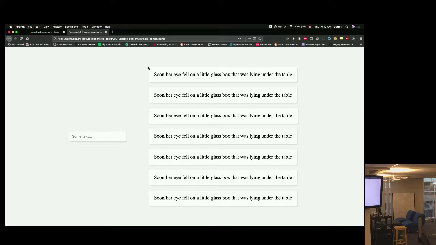HTML doesn't throw errors, right? CSS doesn't throw errors. It just does its best to figure out what you wanted, and it does something. If you do something wrong, it falls back to its defaults, and so it can be really useful to know what those defaults are. So when I put some stuff in this text box here,